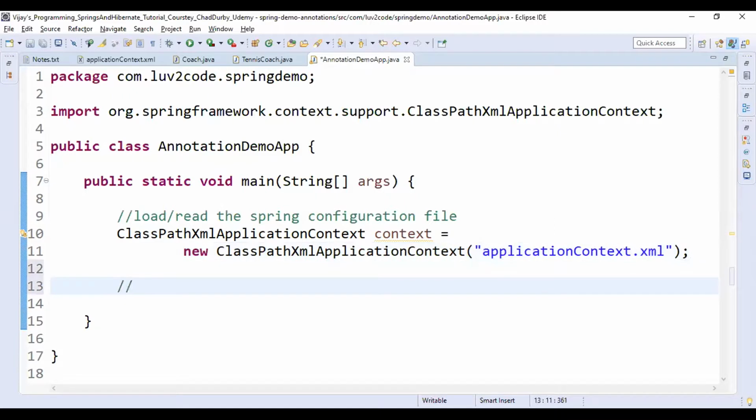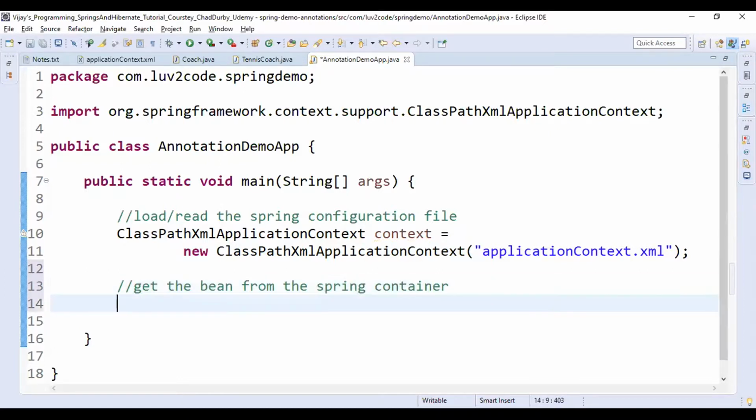The second task that we are going to perform in the driver class, that is to get the bean from the Spring container. How we can achieve that? We have created the Coach interface.